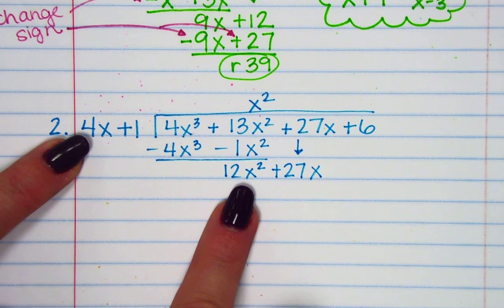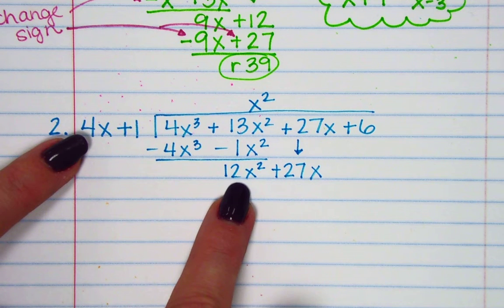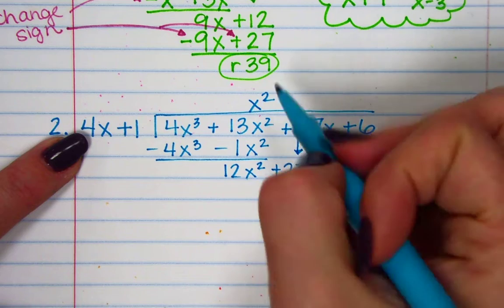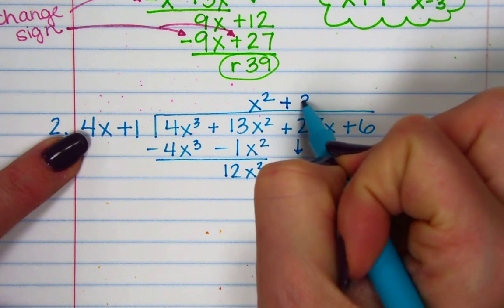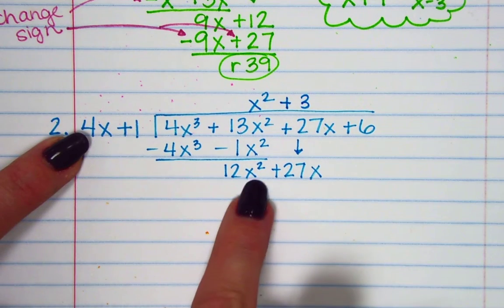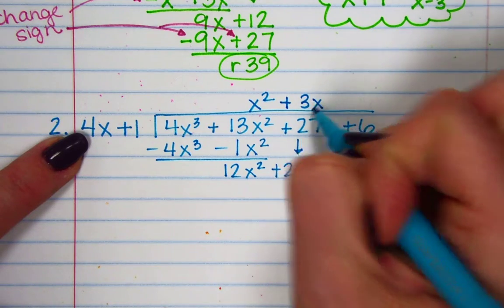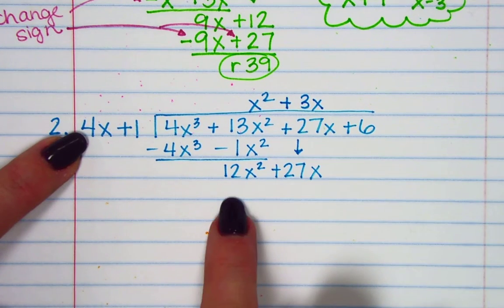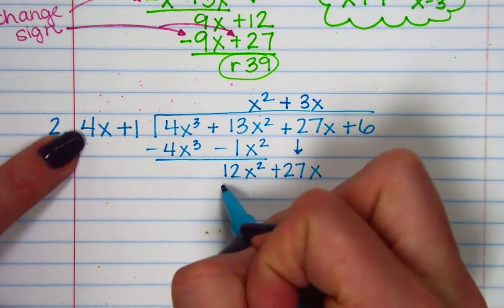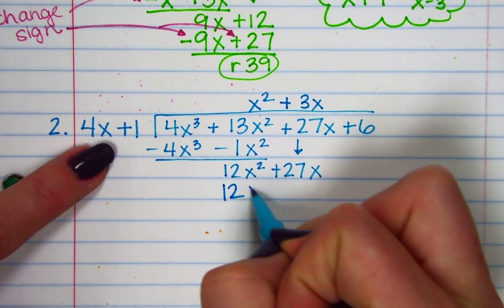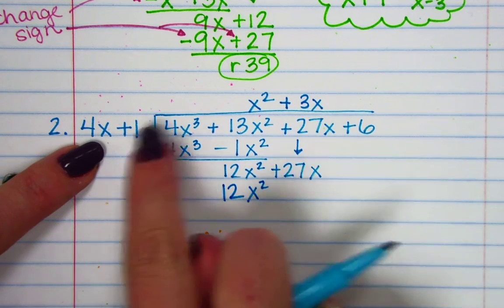Then we do it again. Okay, 4x times what will give me 12x squared? 4 times what gives me 12? 3, right? And how many more x's do we need? 1, right? Okay, because we have 1 here. We need another 1 to get this. So 3x. 4x times 3x gives me 12x squared. So 3 times 4, 12. X times x, x squared. And then 3x times 1,